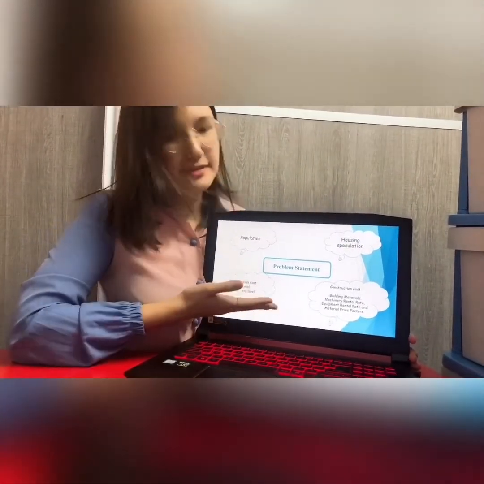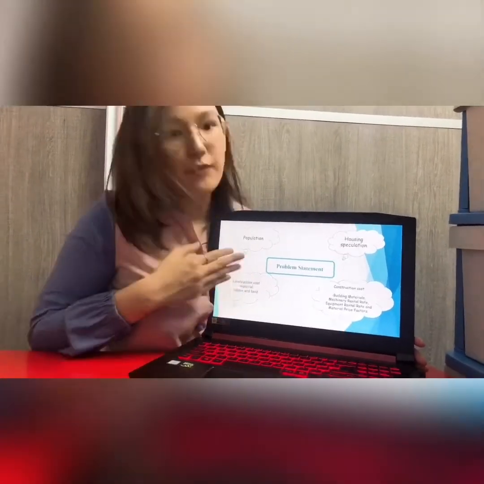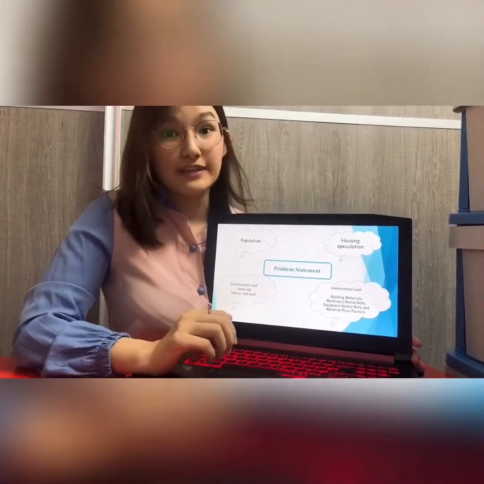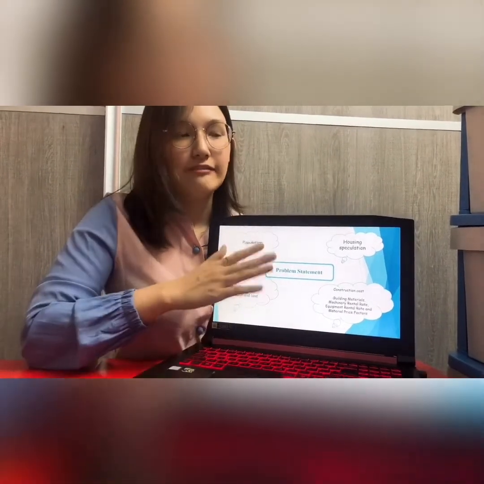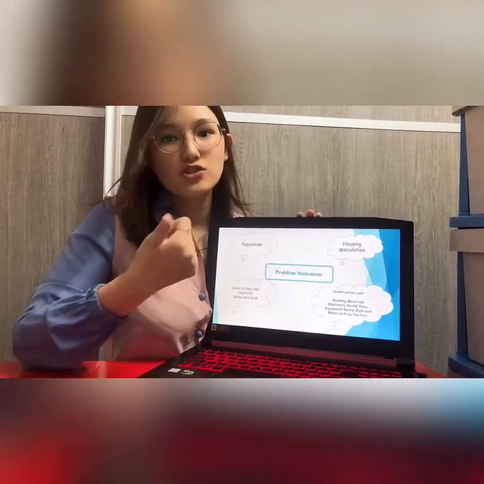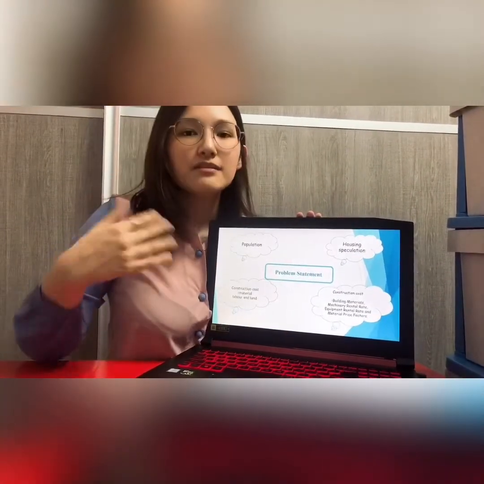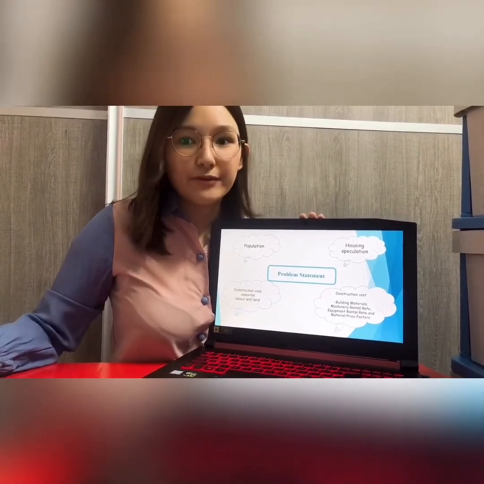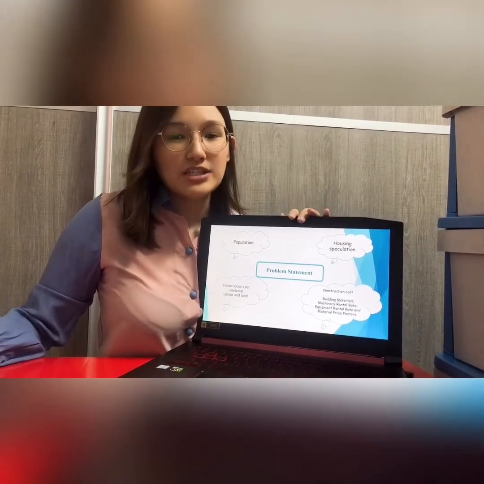For the problem statement of the research project, the first one is the population. Population is one of the factors affecting the housing price. The main reasons for buying a house in an area are the working place, cheaper rental, and the convenience and facilities. So better facilities and environment will attract more people to move to the area, which leads to an increase in the housing price of the Malaysians.